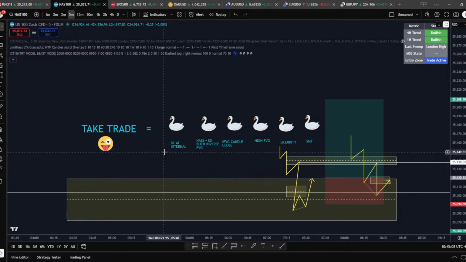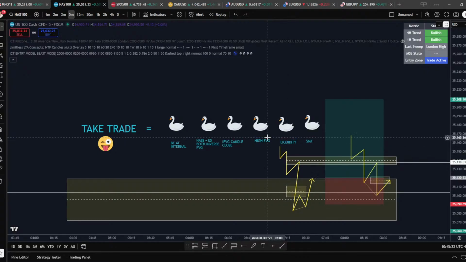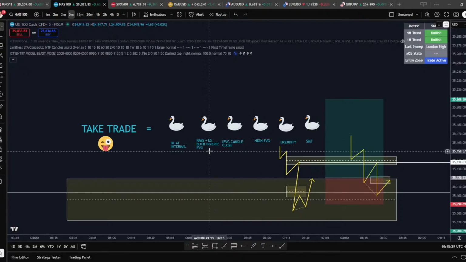The only other explanation that you don't understand what I'm talking about is that you don't know what an SMT is, you don't know what a liquidity sweep is, you don't know what a fair value gap is, and you don't know what internal liquidity is. It's that you don't know the mechanics. You don't know the mechanics of trading. Then you need to learn the mechanics of trading. You need to understand, okay, an SMT is this, a fair value gap is this, and then once you know all of that,